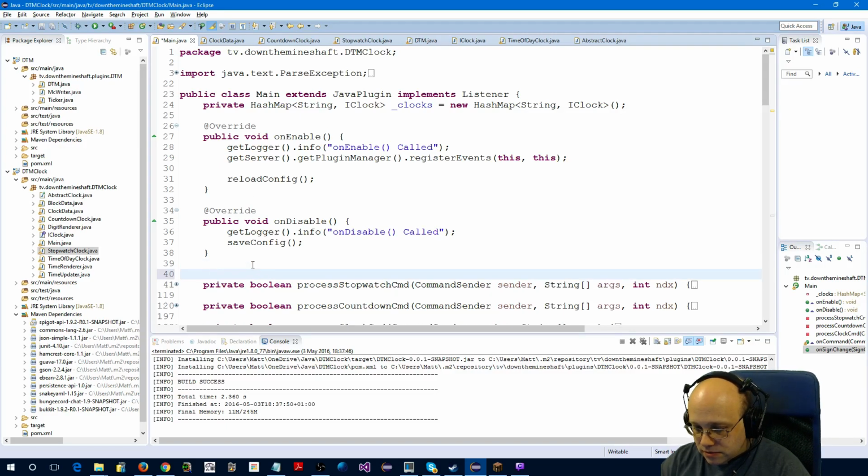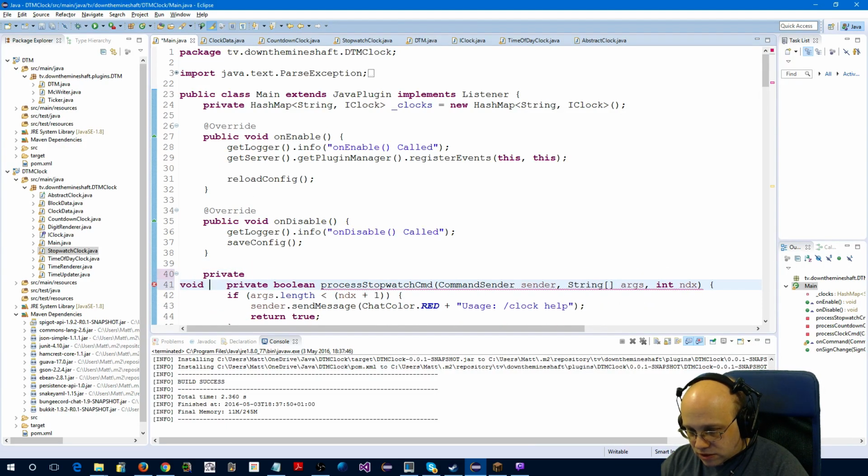So I'll make a private function which, oh hello,